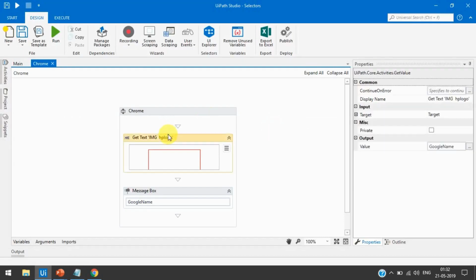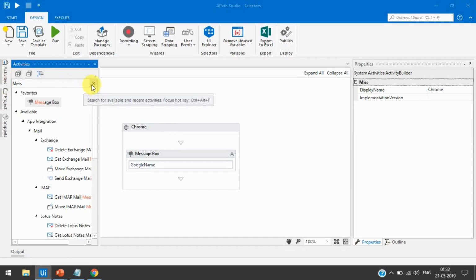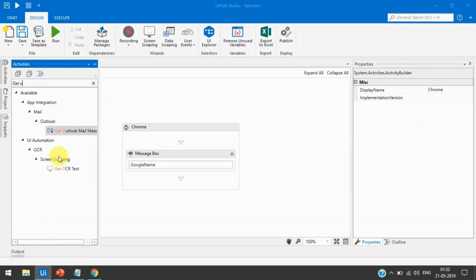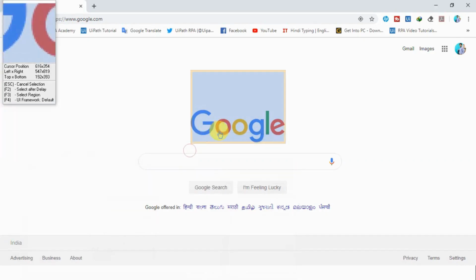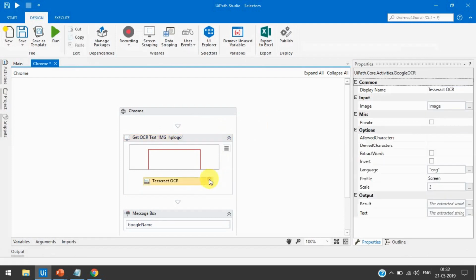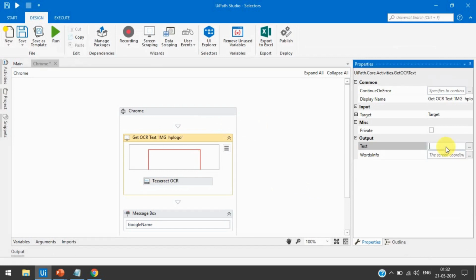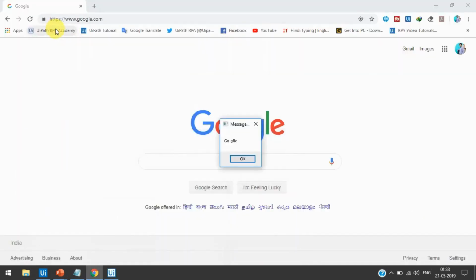So here we can change and take a Get OCR, indicate on the screen, take the Google, Google name, right?